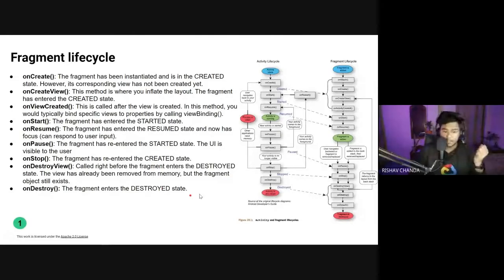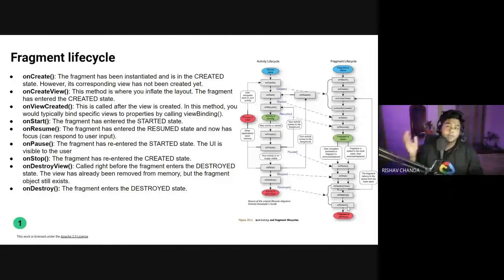And in the diagram you can see that after on destroy there is on detach. In on detach, the fragment is totally detached from our activity. As I mentioned, a fragment is always called inside an activity using a container. So from the container it is being detached when on detach is called.